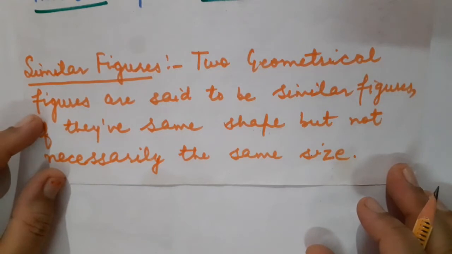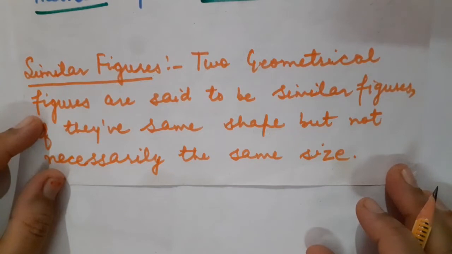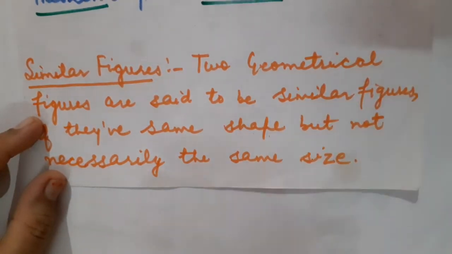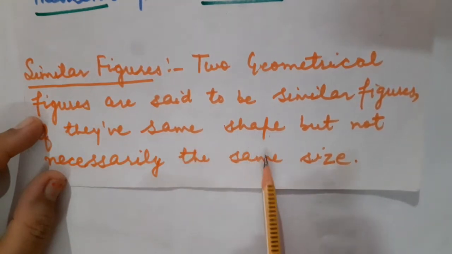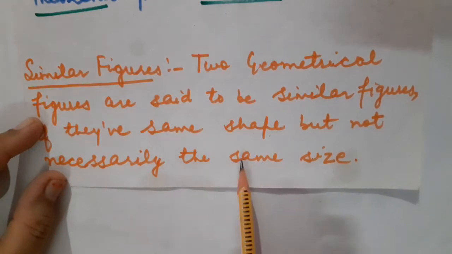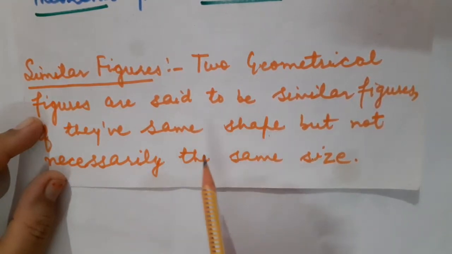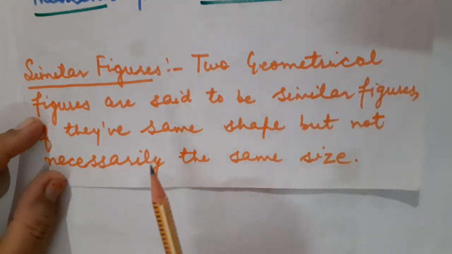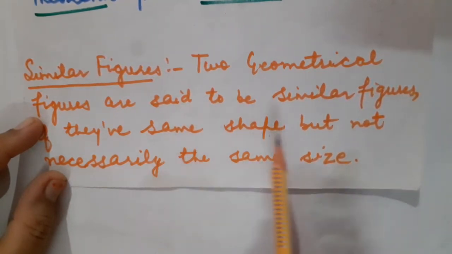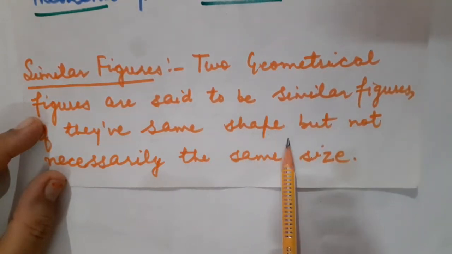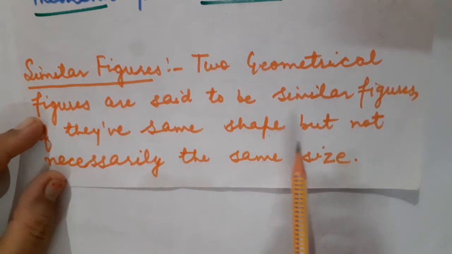If there are two figures given to you and it is said that both the figures are congruent to each other, it means that the size as well as the shape of both the figures are absolutely, exactly the same. Means we can say that one figure is the replica of the other one. If I overlap one figure on the other one, they will definitely overlap each other exactly. So this is the condition for congruency.